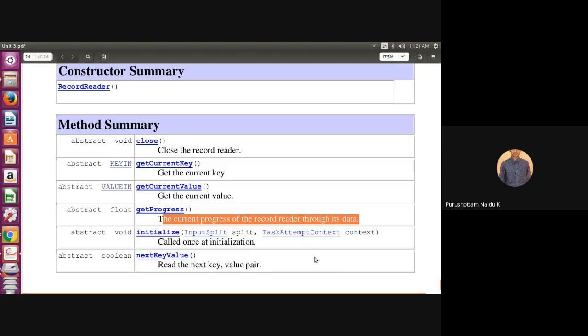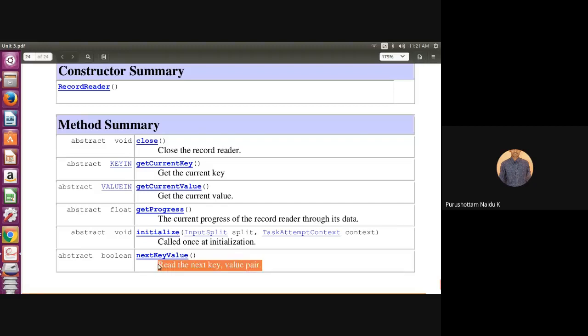Okay, and the initialize method. It is automatically initialized once the RecordReader is initialized. The initialize method has parameters split and also context objects. This is called once at initialization. And next we have the nextKeyValue method, which is used to read the next key value pairs.